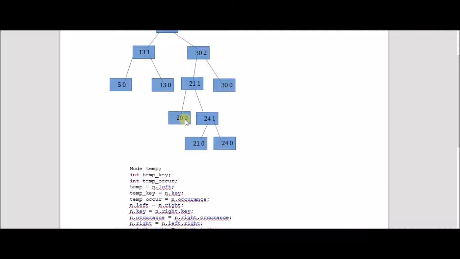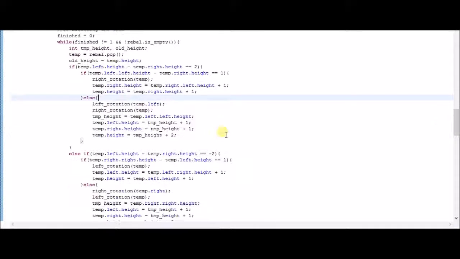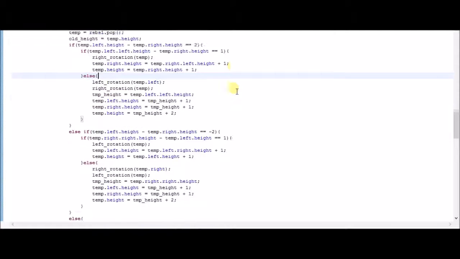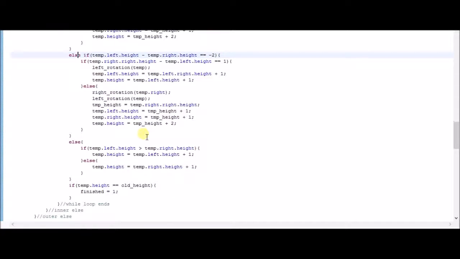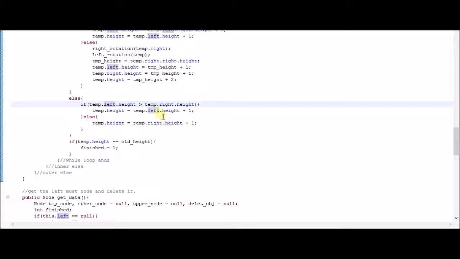At this point, the difference between the heights of its children is -1. So we go here and we see, well, the left and the right height difference is not 2, it's actually -1. So it's not going to go to this else statement, instead it's going to go here. So now we check which height is greater,